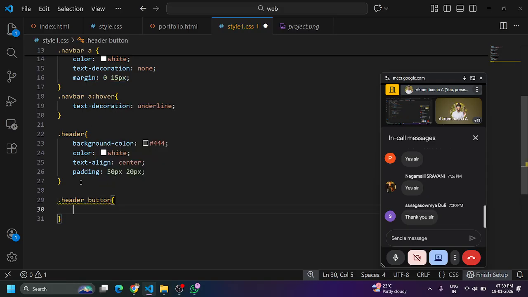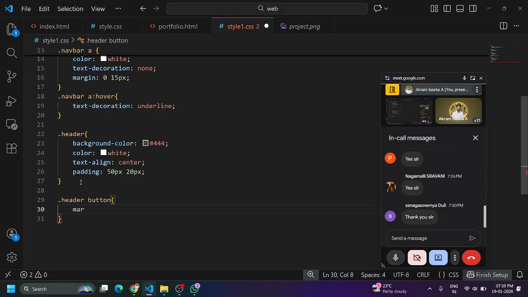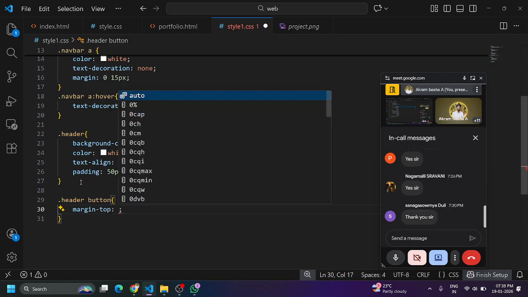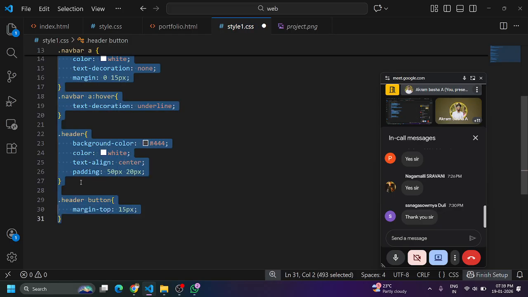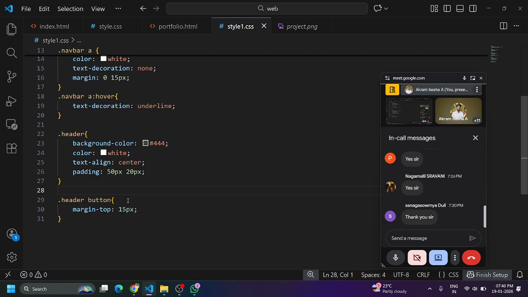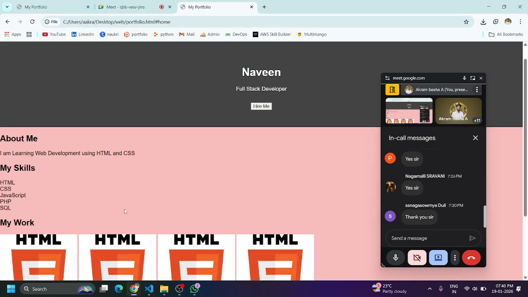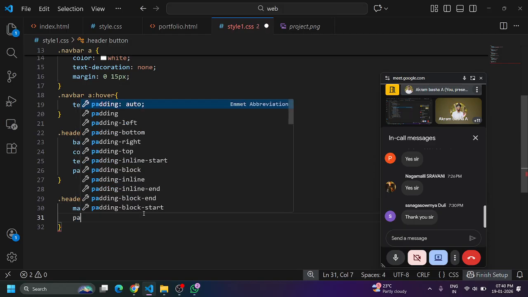For the button I'll be making margin top as 15px. Margin top in the sense I'll be creating some space between this particular designation and then over here. Just I have created some space over here. Let me show you. When I make 150px, I can get more space in between. Just I have created some space 15px, and then padding,